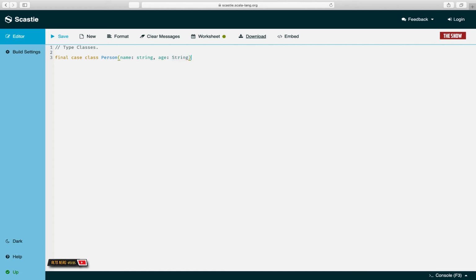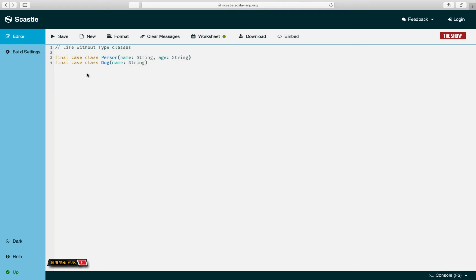And imagine you also have a dog library, so final case class dog, and we provide it a name, which is a string. The best thing to do will be to